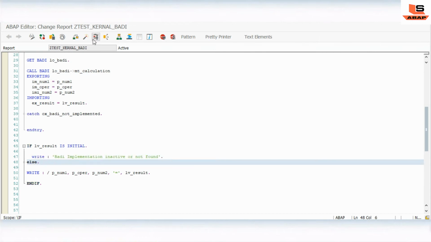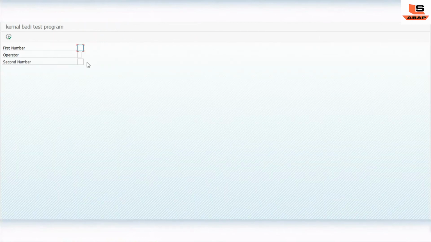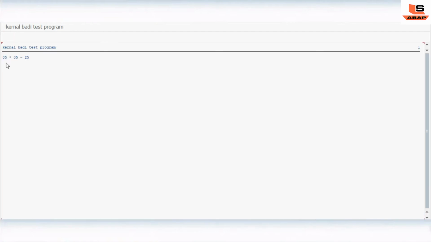But now if I execute, let's say 5 into 5, as you can see, it is giving the proper output. Why? Because now the body implementation is active inside the kernel body, inside the body definition.